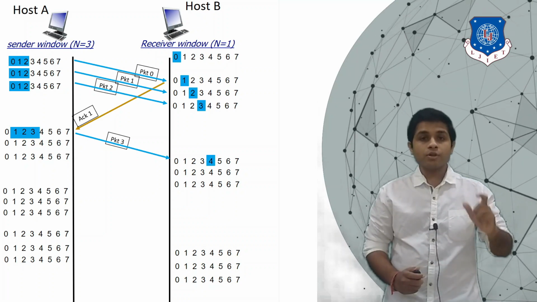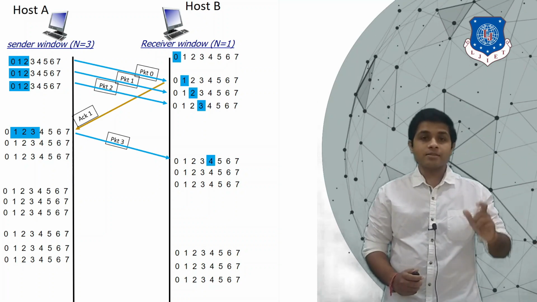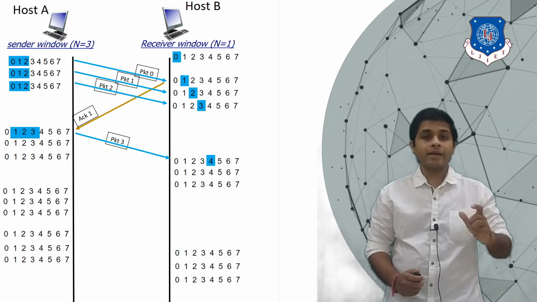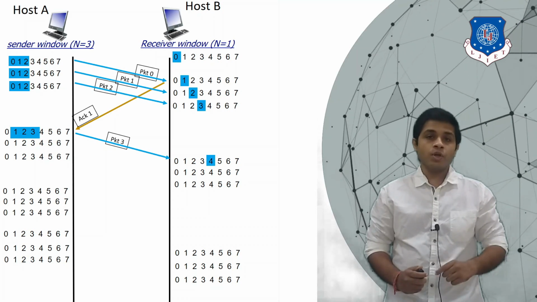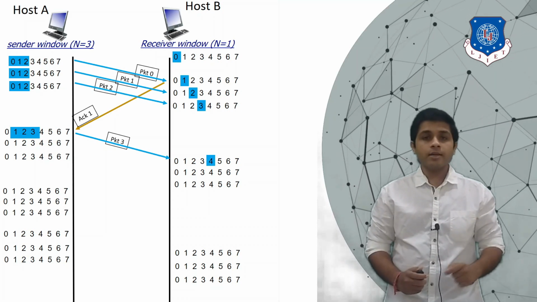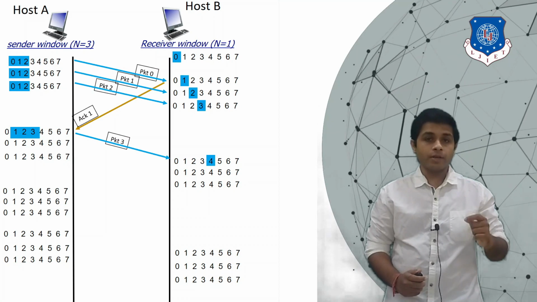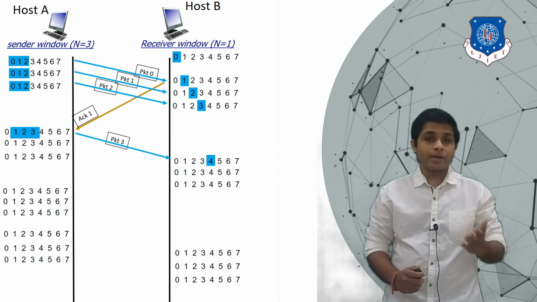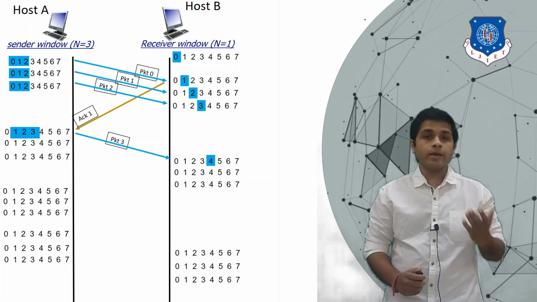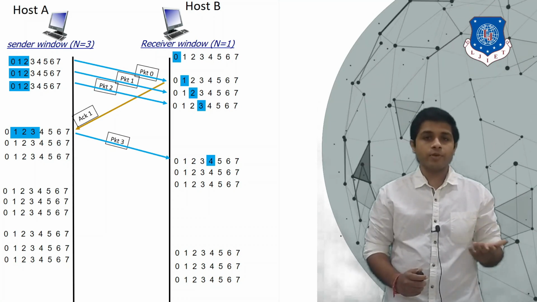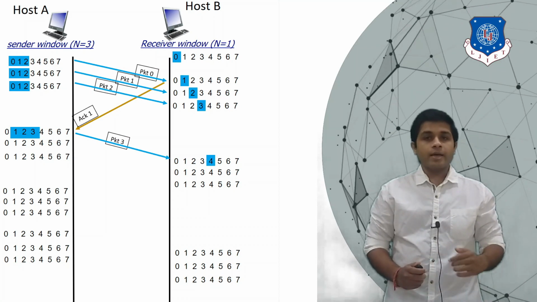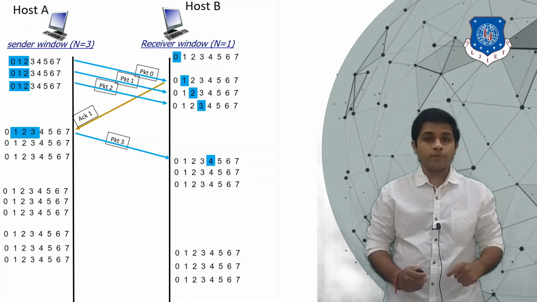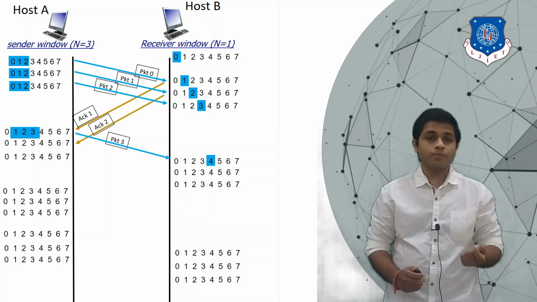The current position of the sender's window tells us how many packets are in transmission and not yet acknowledged. Those are packets 1, 2 and 3, and we can see that device A has not received any acknowledgement for them. Then B will send the acknowledgement for the received packet 1, that is ACK 2.